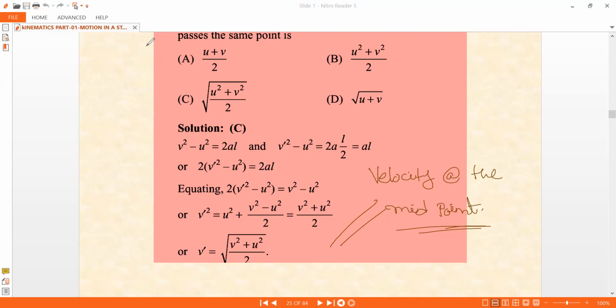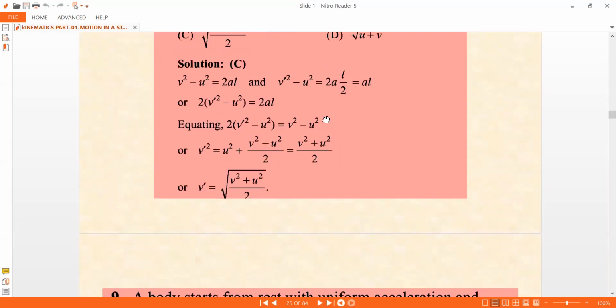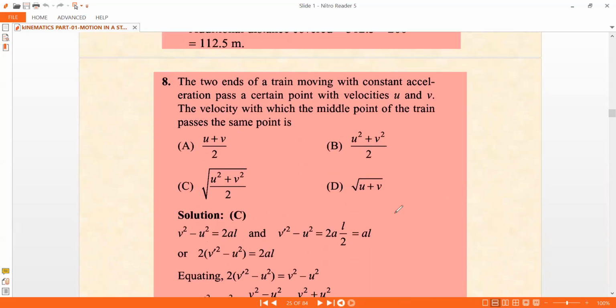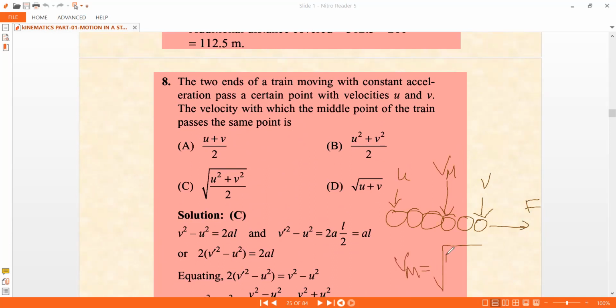So we'll go to the next question from here. I hope you understand there's a train coach, or a bus or something, whatever, you have a chain of some things. So they can ask you like this also: if you have a chain being pulled by some force like this, the starting point of the chain is at a velocity, let us say v, and the ending point is at a velocity u. What is the velocity at the midpoint of the chain? Like this, one can ask. The midpoint of the chain will have the formula square root of (u square plus v square) by 2. So you can follow this trick to handle such questions, and then the answer is C.